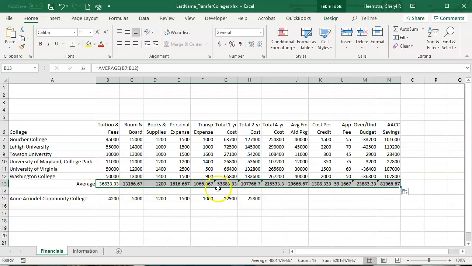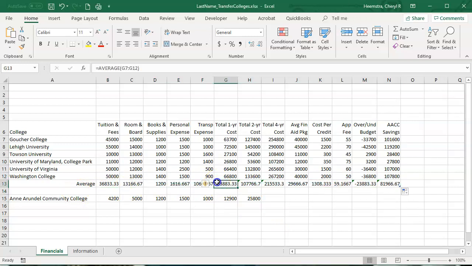You'll notice here though that we have these little green triangles in the corner, and that is to alert you that there is an inconsistent formula as opposed to the other ones. Now the reason for this is that these numbers are values and this is a calculation. So this alert, we can just go ahead and ignore it,